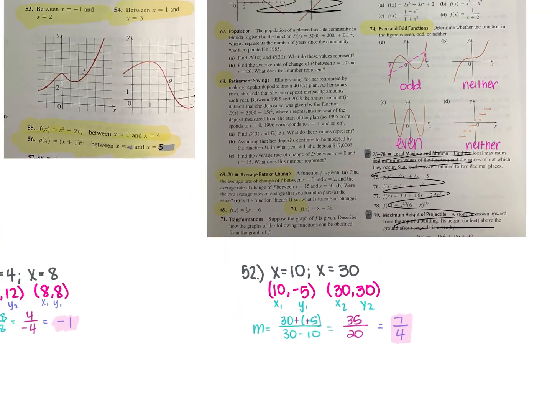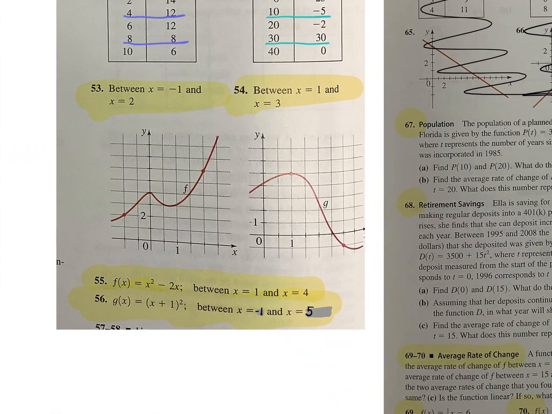The next part of this gives you coordinate planes with graphs. So it tells you for 53, between x is equal to negative 1 and x is equal to 2. So when x is equal to negative 1, that's this ordered pair here. So that's the ordered pair negative 1, 2. And when x is equal to 2, that's this one here, which is 2, 1, 2, 3, 4, 5, 6. So if we use these two ordered pairs to find the average rate of change or our slope, we are